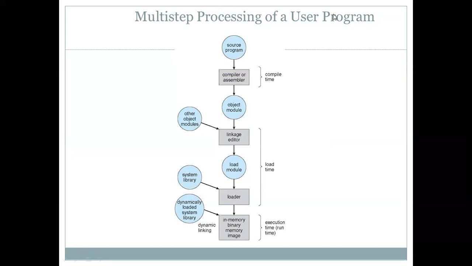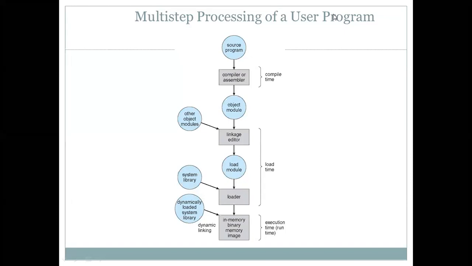For that, some amount of time is required, which is called the compile time. This is called static binding. Here, the compile time is static; it may not be dynamic. Once it is fixed, the object code is generated. This is the output generated by the compiler or assembler as a .obj file, the object file. Then some other object modules are also added. The linkage editor, called the linker, during the runtime or load time links all header files like #include stdio.h, or all classes and method invocations, all together at this time.